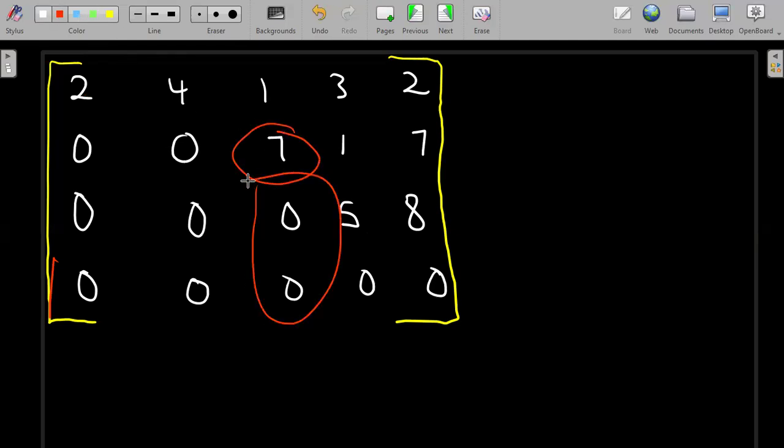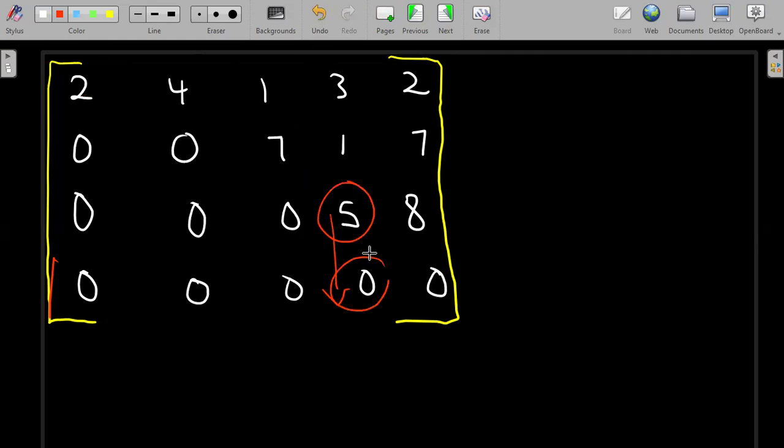And then even here, the leading entry is this. Below it, we only have what? Zeros. Even here, the leading entry is this. Below it, we only have what? Zeros. So this matrix that I have here satisfies all those three conditions that we said should be met